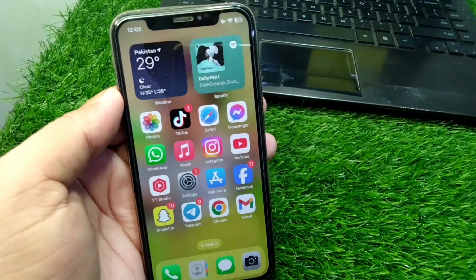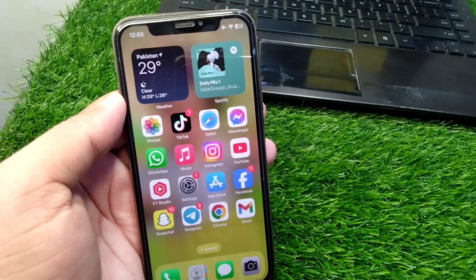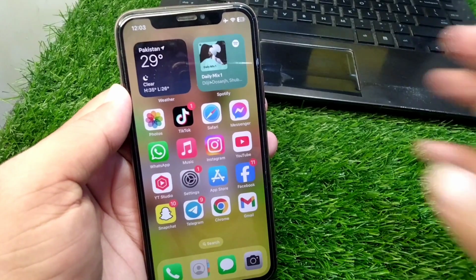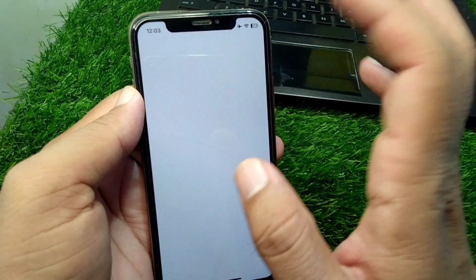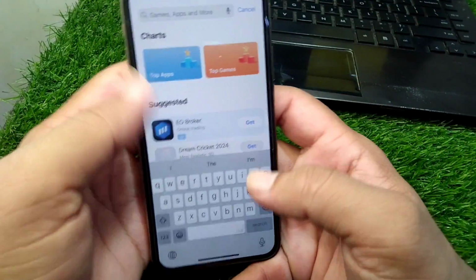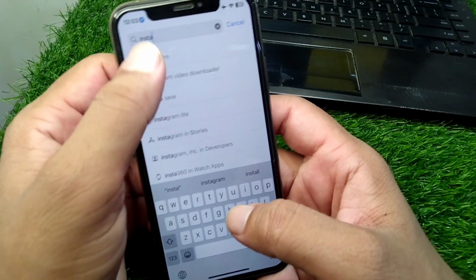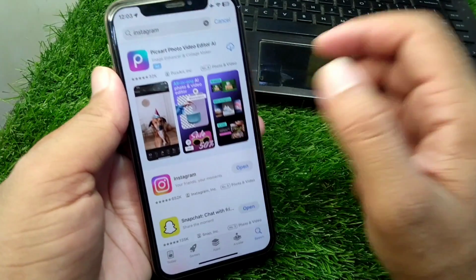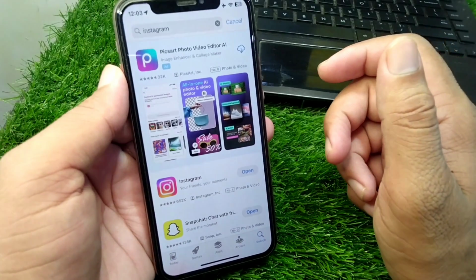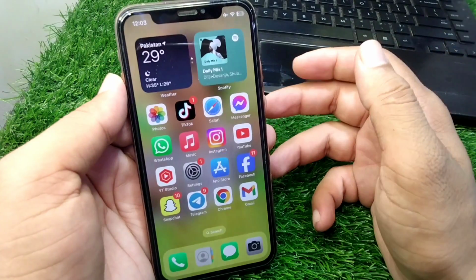And if the problem is still there, then you have to simply update your Instagram to the latest version. So guys, for that you have to simply open your App Store or Play Store and search here for Instagram. And you have to download the latest version of Instagram on your device and check if the problem is fixed